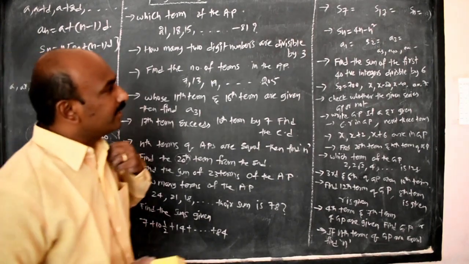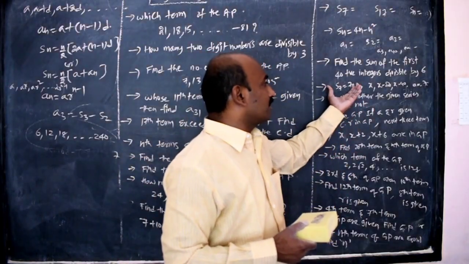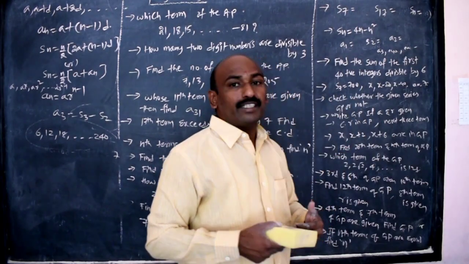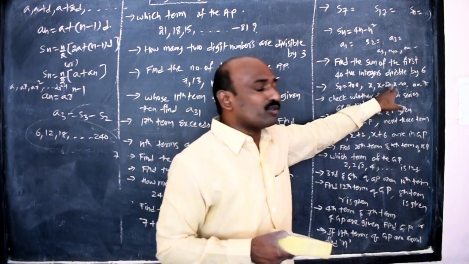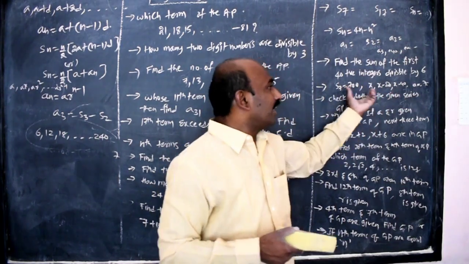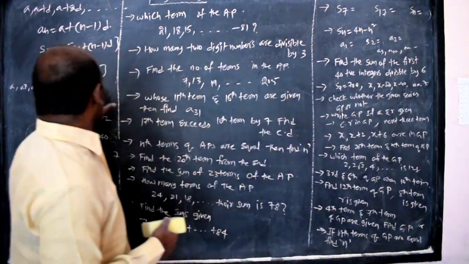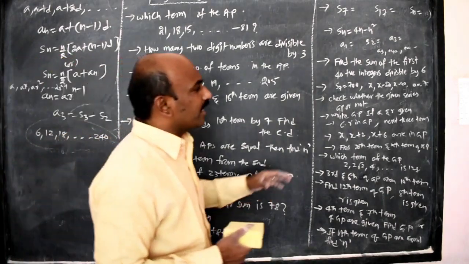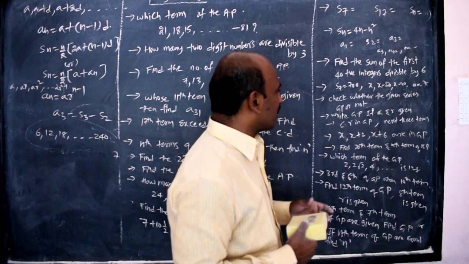The n value is 40. And if you go to the next problem: the sum of 7 prizes is 700, and each prize is 20 less than the preceding one. There are 7 prizes, so each prize you take as x minus 20, like that you have to take 7 numbers, and the sum of 7 terms is 700 and n is 7. Then substitute in this formula or in this formula, and you can get the value. You can get each prize value. If you get the x value, then we can find out each cash prize value.